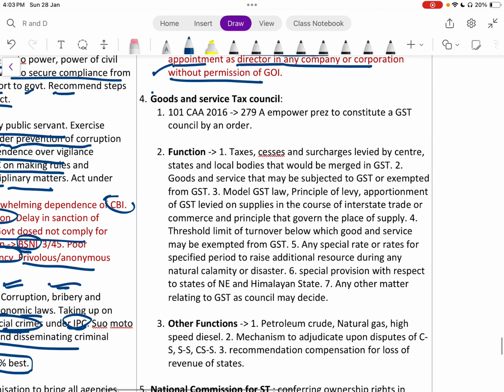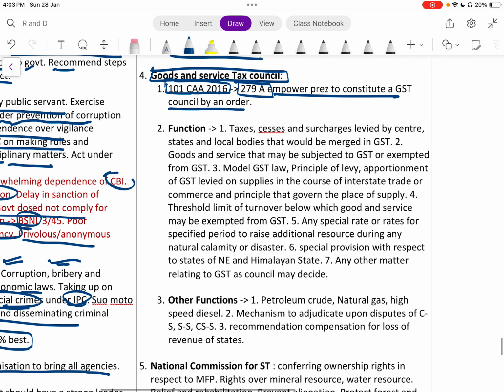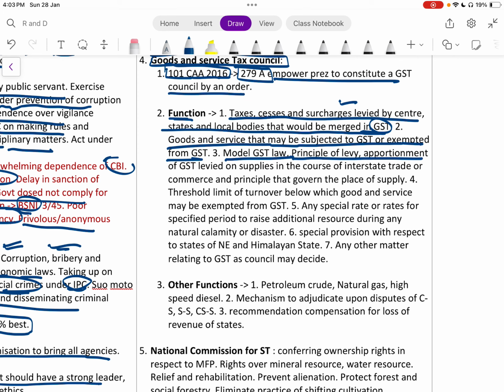Okay, talking about the GST Council, Article 279A, Constitution (101st Amendment) Act 2016, empowers the President to constitute the GST Council by an order. Functions include: taxes, cesses, and such levied by the center, state, and local bodies that should be merged in GST; goods and services that may be subjected to GST and exempted from GST; model GST law, principles of levy and apportionment